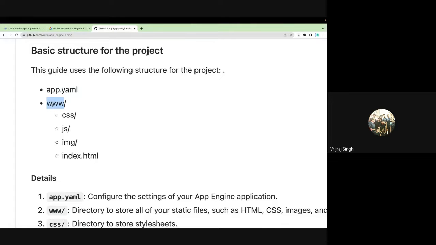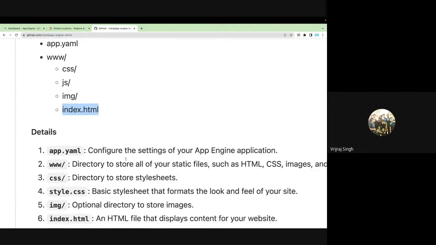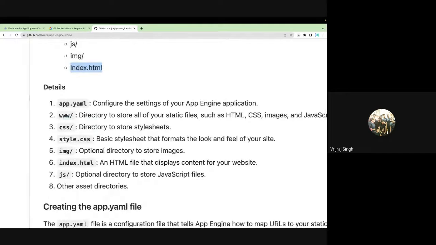Directory means the folder, and inside the folder you can create a website. So you can create a website with the help of a CSS file or a JavaScript file, and then you can put, let's say, a directory named images, and inside that directory you can put your images. And then we have the index.html file. Again, the app.yaml file is the configuration about your applications, the App Engine configurations,